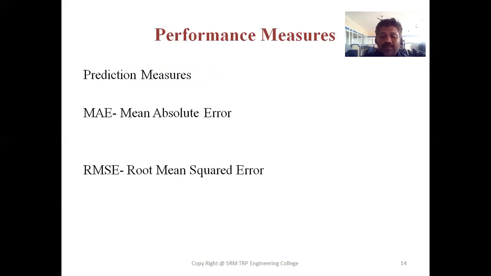Now we have a recommender system. After developing the recommender system, we have to measure its performance. We have two things. The first one is prediction measures: how effective the model is in my experiment. For calculating that, we have two major measures. The first one is mean absolute error. When the error is closer to 0, we say it has more accuracy. Similarly, we have root mean squared error. It also tells how close we are to the true value. The basis is the difference between the actual value and the predicted value. That is the meaning of error.